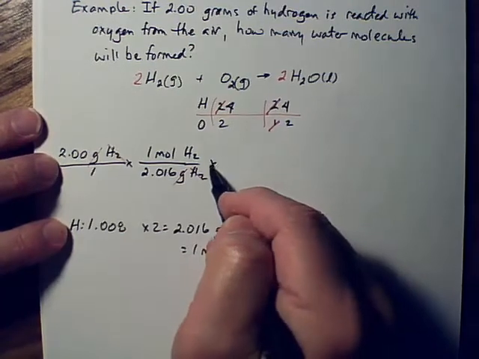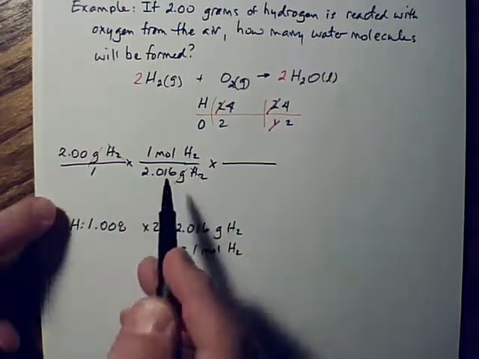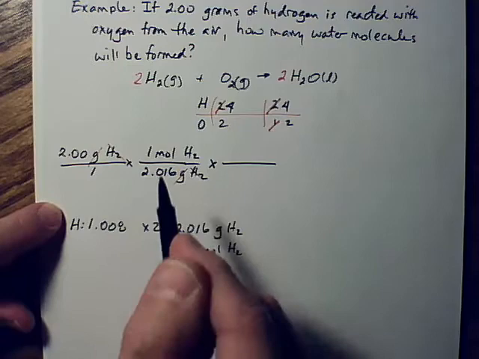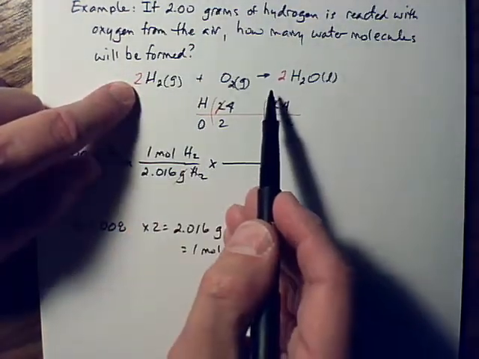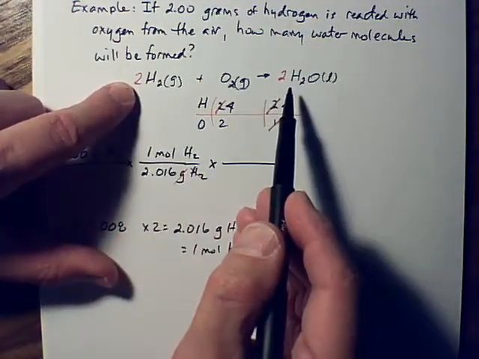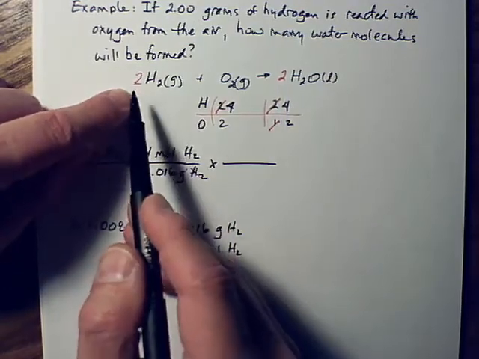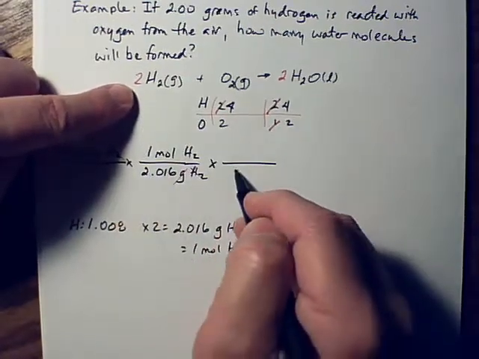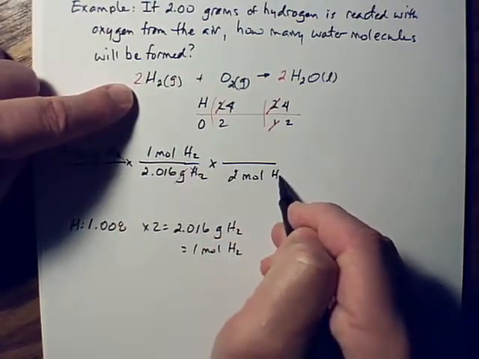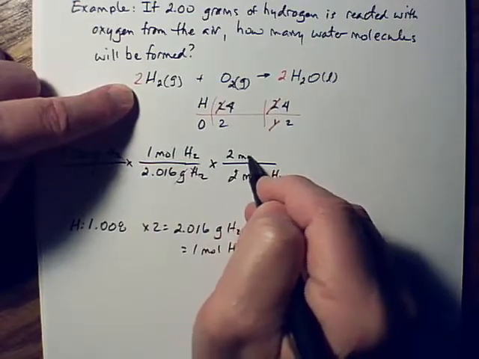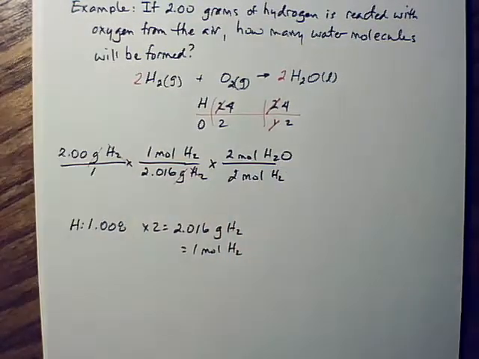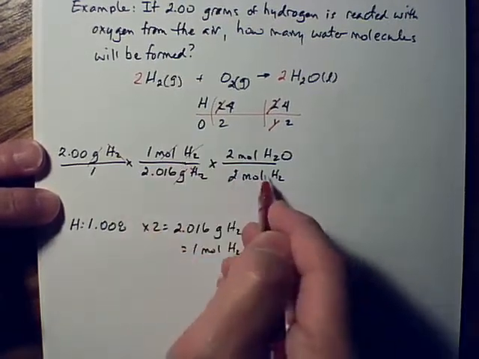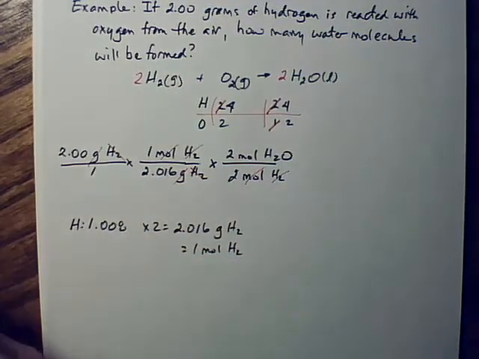Now we're ready to use that balanced equation to convert from moles of H2 to moles of H2O. We're going to use the coefficients in front of the chemical species. These coefficients can represent the actual number of formula units or the number of moles in the equation. And so we're going to use 2 moles H2 here and 2 moles of H2O on the top, which allows us to cancel moles of H2. And since we now have moles of H2O, we're ready to calculate the final answer, how much H2O is going